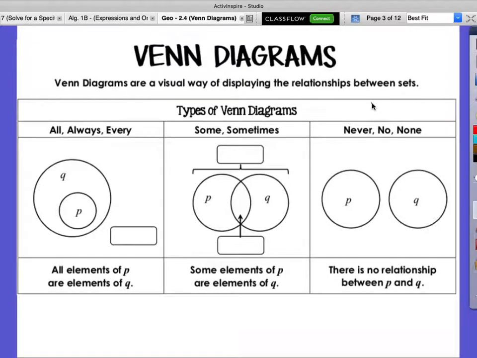So we have an all, always, every category, where it's saying like all elements of P, everything that's part of this is also a part of Q. That's why the circle's inside of there, because everything that's in P is in Q. Is everything that's in Q in P? No. No, some of what's in Q is in P, but all of P is in Q, okay? So that'd be kind of like,